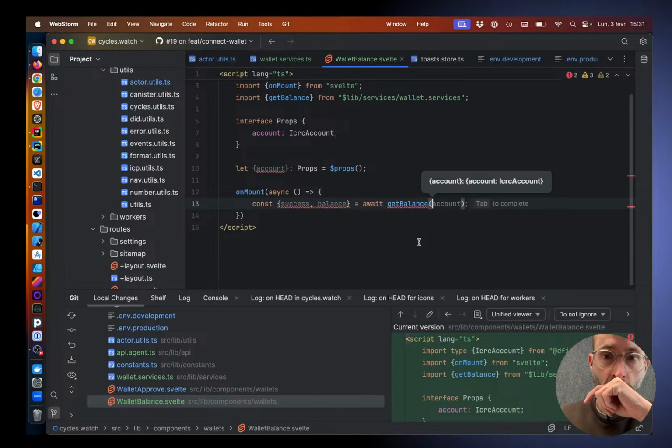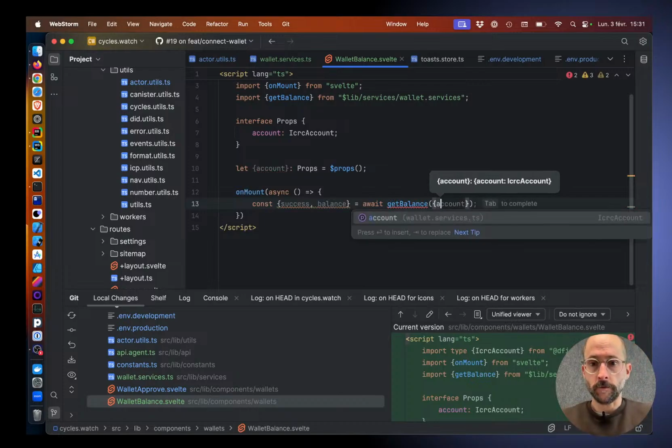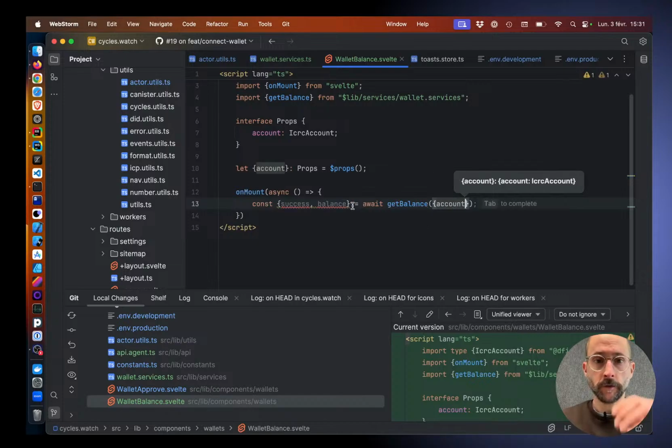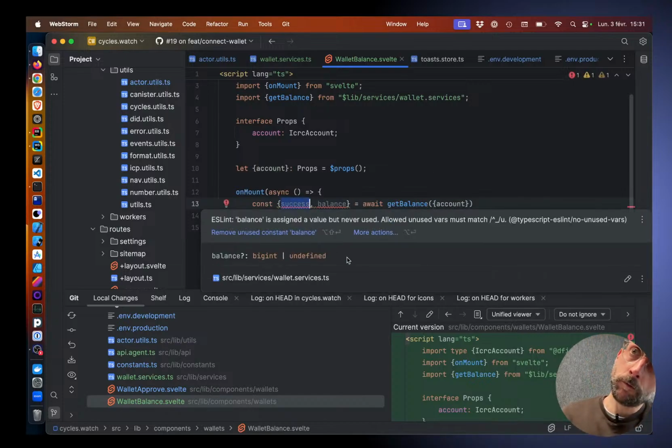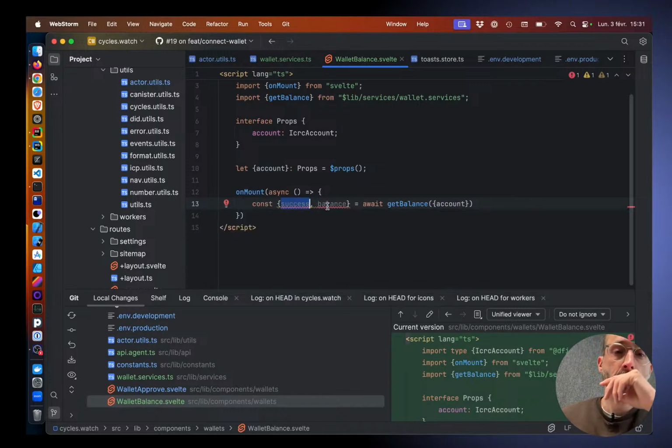But actually we won't use any of those, I think. Technically we would be able to, if we want to show, for example, a spinner, we can display the spinner until success is true or false, or display the error. And same for balance,